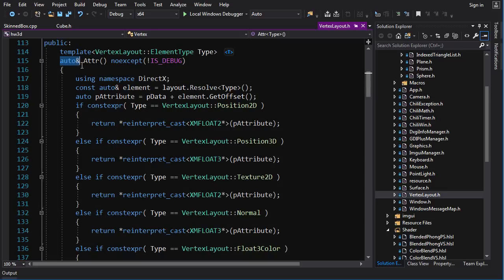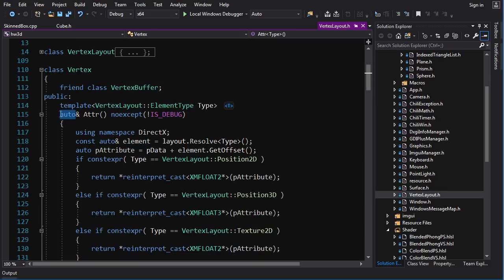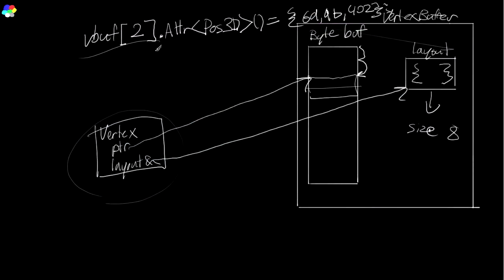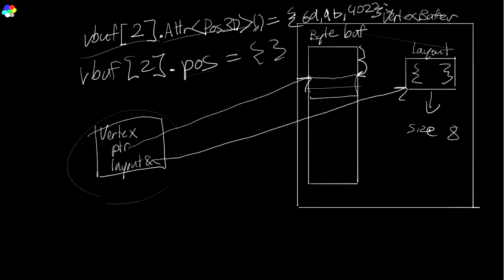And this is auto, so it'll automatically template to the proper return type. And then you can just access it like this: vbuff at 2 dot attribute position 3D is equal to blah, which is analogous to the situation that we had before when we were using structures. We could just do vbuff.2 dot position is equal to blah. So it allows us to have a similar syntax to what we were having before,